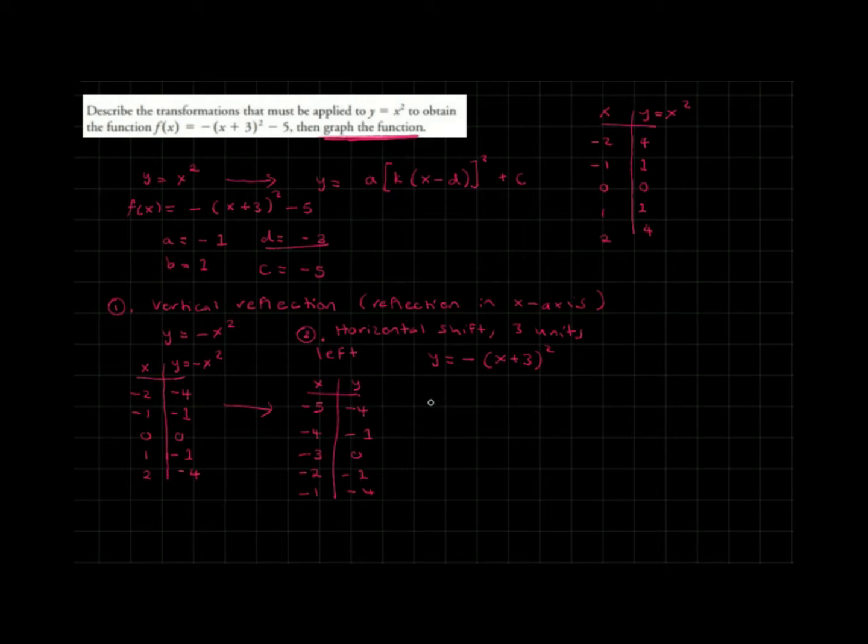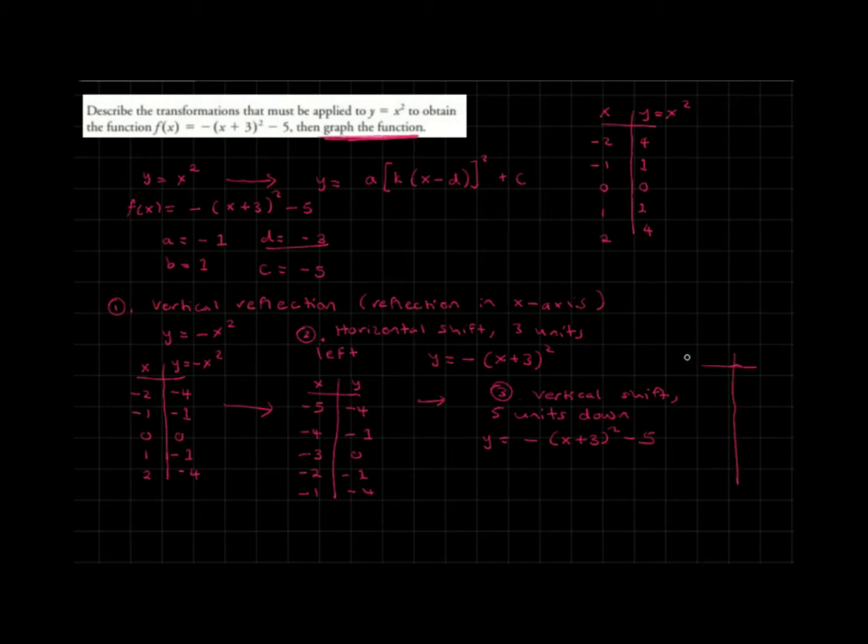In the last case, we have a third transformation. We have a vertical shift 5 units down. Okay, so if we have a vertical shift 5 units down, what that's going to do to our function is give us y is equal to negative x plus 3 squared minus 5. And if you address the points here, let me just make some space here. Okay, so if we address the points,